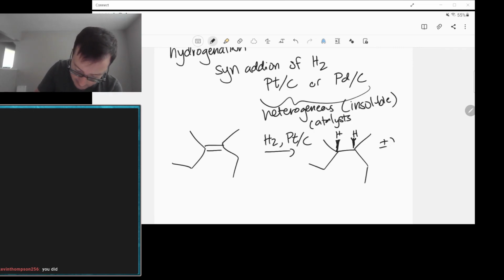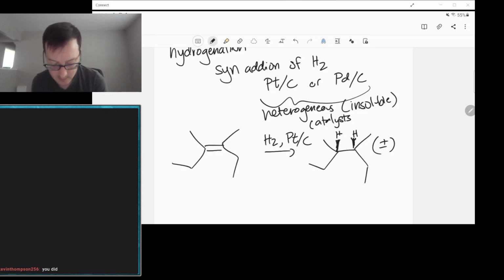We're going to get the enantiomers of these two, although this is going to be meso anyway. But we're going to see here that we'll end up with, theoretically, a pair of enantiomers, depending on if we have attack from the top or attack from the bottom. And how this works